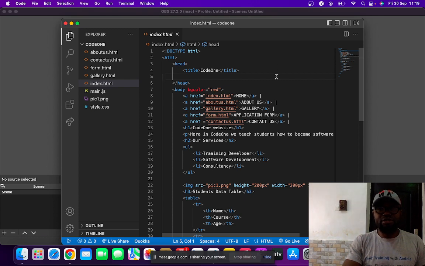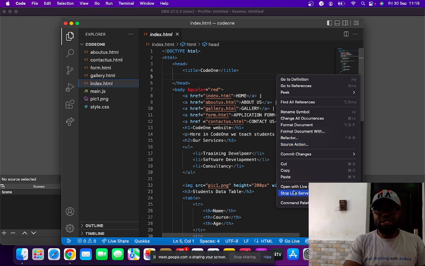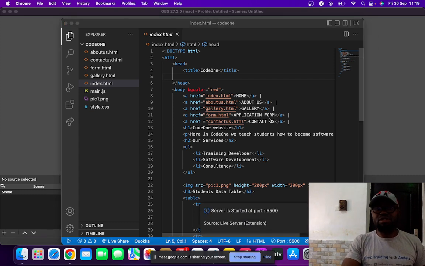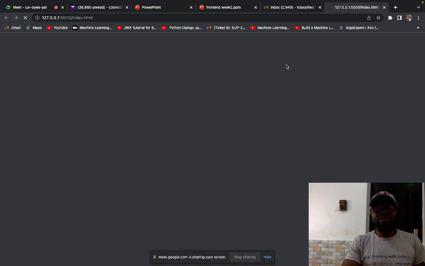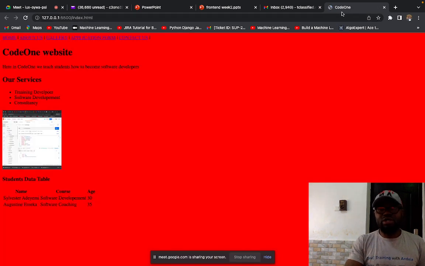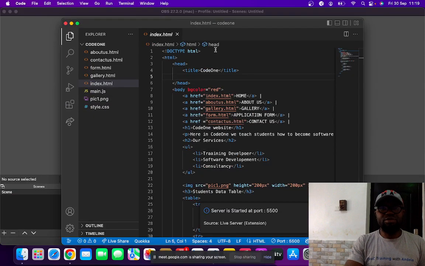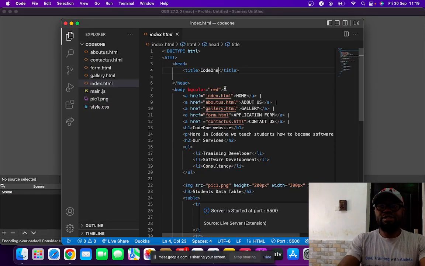If you want to run this, we simply right click and say open with live server, so that we see this very page that does not have CSS. You can see it's opening up. You can see Code 1 here is the title, because in our code we put the title here as Code 1. So if you say this is code